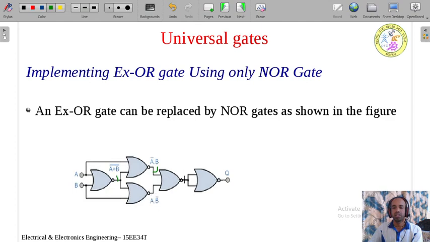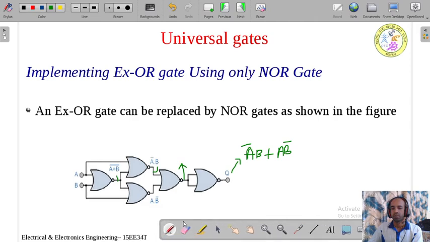And finally you find what is the output available here, and again you need to do the inversion. The NOR gate will behave as a NOT gate because the inputs are shorted. Now at the output, finally at this point, what output should you get? You should get A bar B plus A B bar.